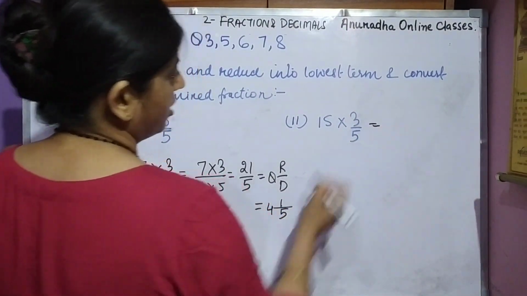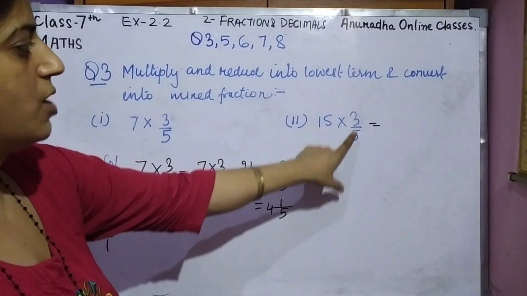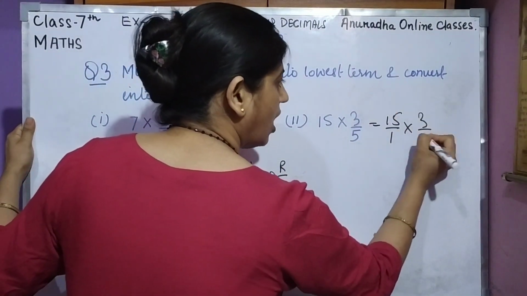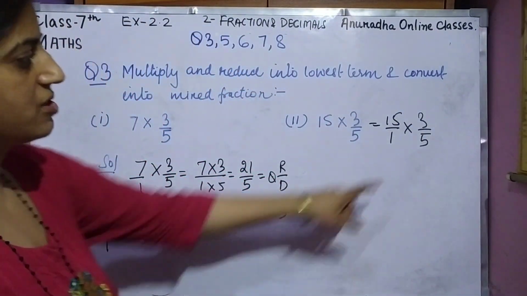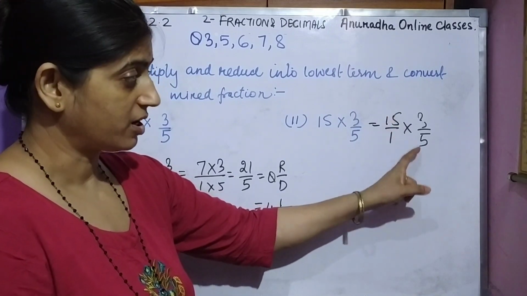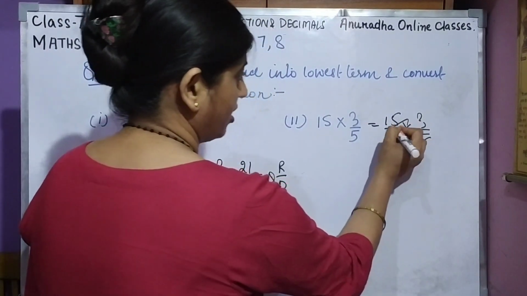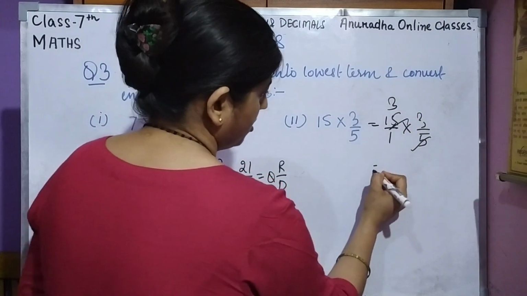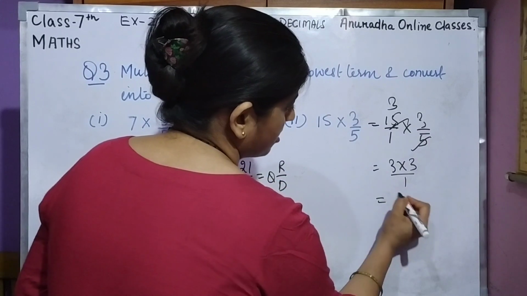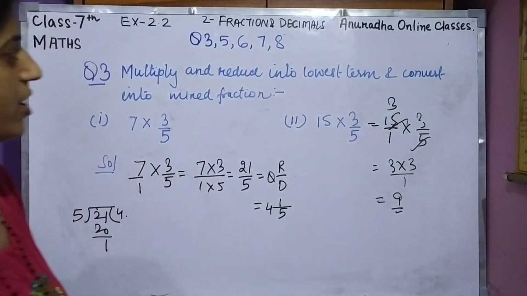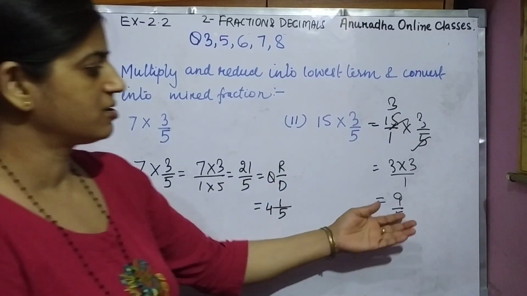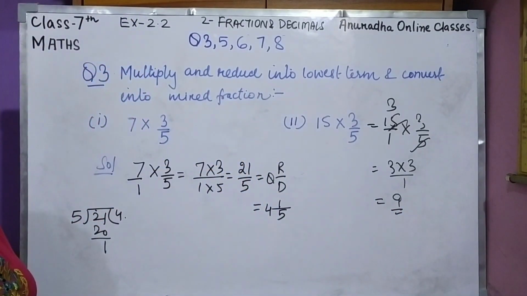Okay, now let us come to the next. This is 15 into 3 by 5. So 15, firstly you just note down this. Now we will see whether any number cuts. See 3 or 1, no. 3 and 5, no. And 15 and 5, they are cutting by each other. Yes, 15 comes in the table of 5. 5 3s are 15. So 3 into 1, no, 3 into 3 upon 1. That is equal to 9. Here the question of mixed fraction and lowest form does not arise. After cutting, our answer is 9.